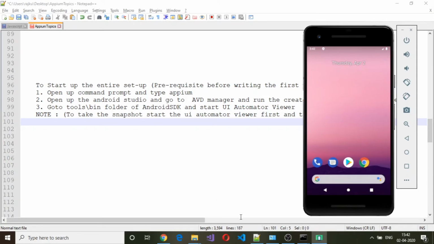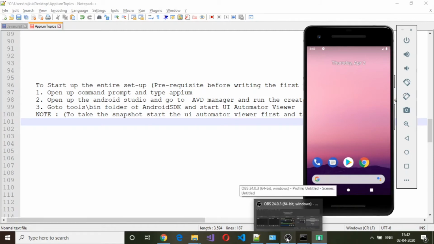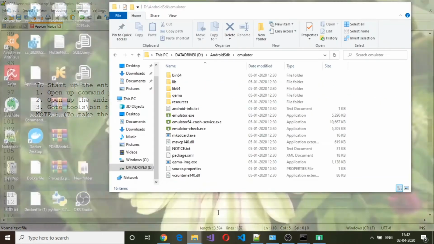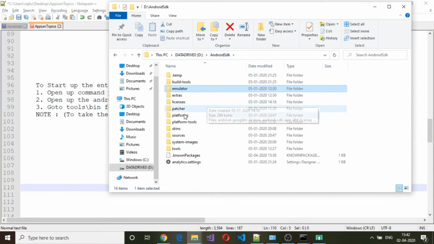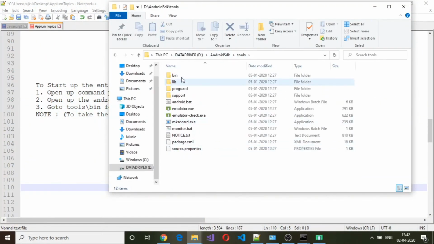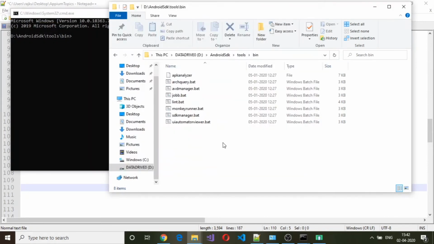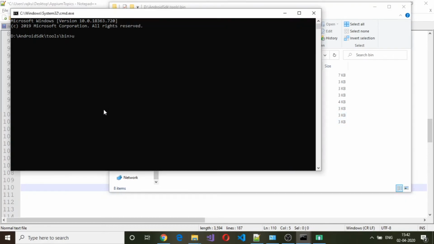Okay, so for that what I will do is I need to go to again Android SDK and under tools folder go to bin folder. From here open up another command prompt and run this UI Automator viewer bat file.